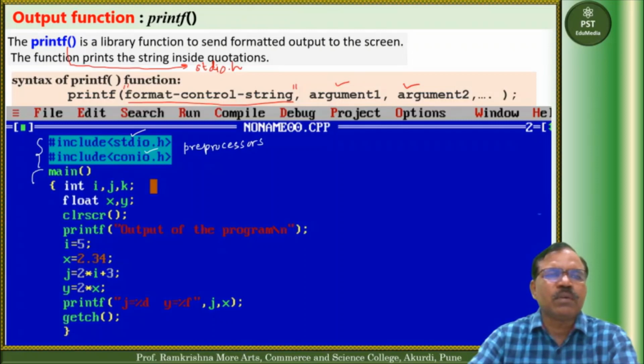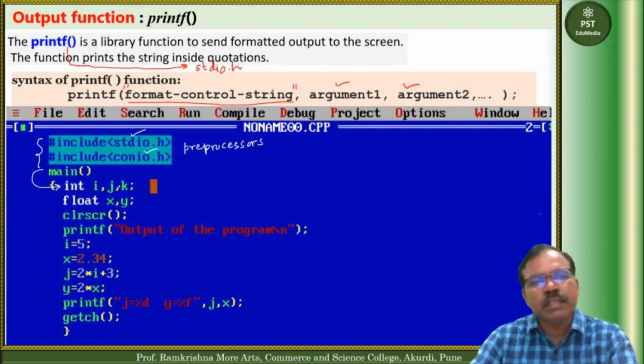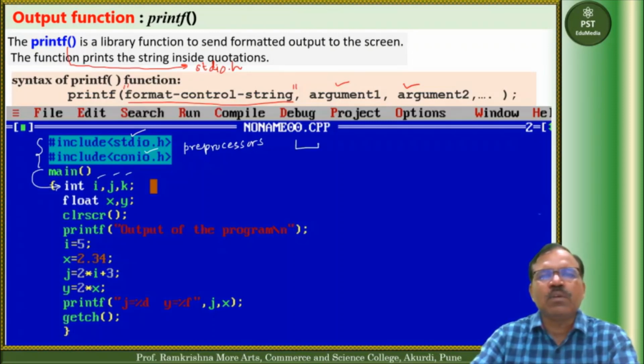When we run this program and control enters the main function, the first statement is a declaration statement. Three variables are declared and they are integer type variables. i, j, k are the names of these variables. So three memory locations are reserved by the names i, j and k. Each memory location is of size 2 bytes.